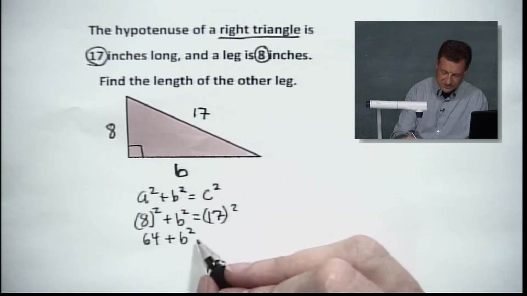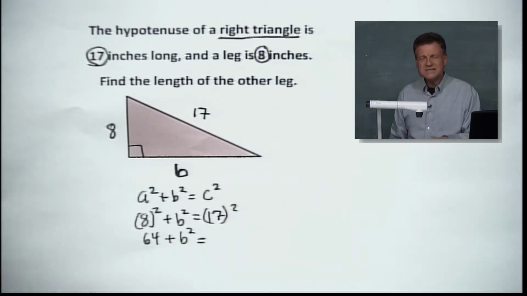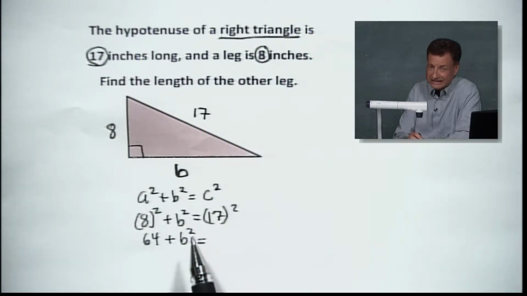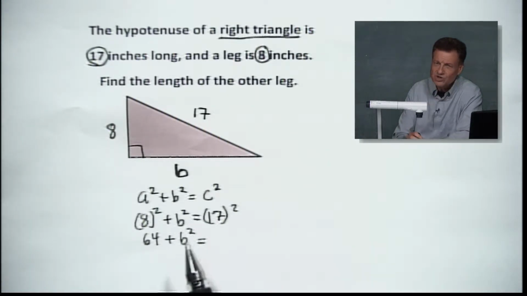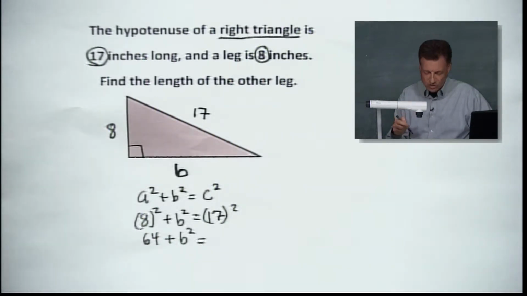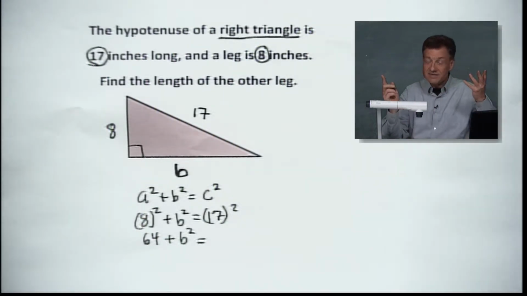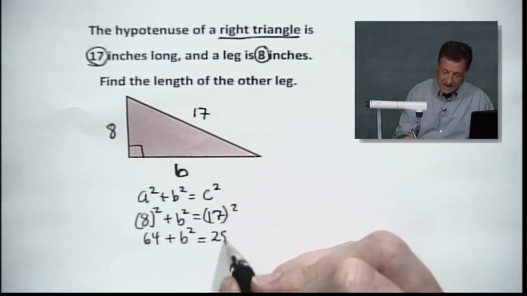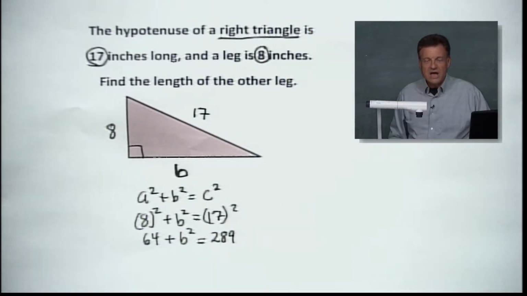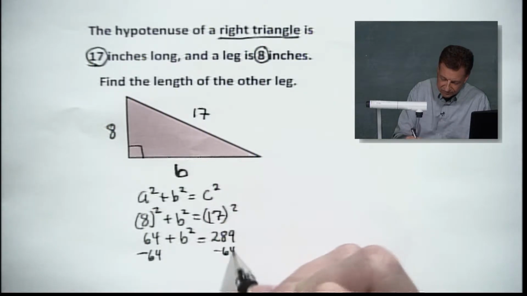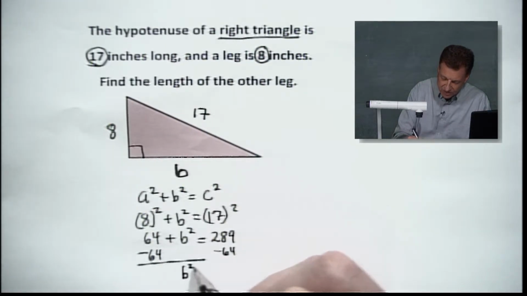It's our missing piece. And over here, 17, I hope you guys know your perfect squares beyond just up through 10. Some of you are going like, I had to hit the calculator for 8 times 8. No! You want to know those perfect squares in your head so you can work with them. So 17 times 17, I'm going to go ahead and tell you today, but remember it for next time. That's going to give us 289, all right? Now let's do some subtracting. We're going to subtract 64 from both sides. And we've got b squared equaling